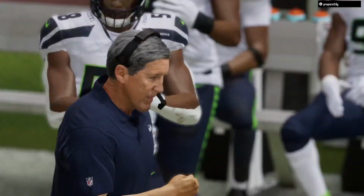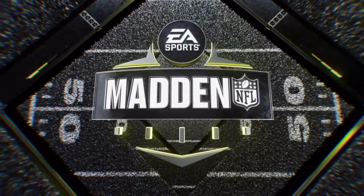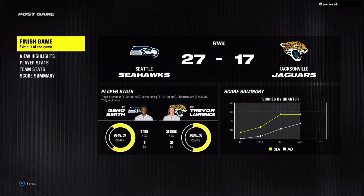So the victory here for Seattle. And I tell you what, I can't remember a defensive performance as good as this one. They seemingly forced turnover after